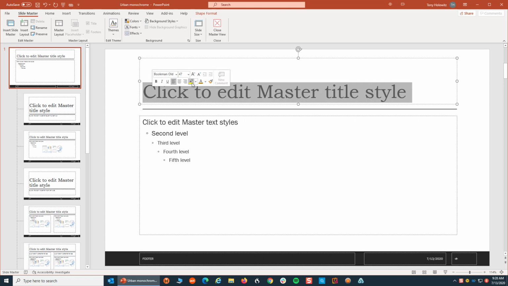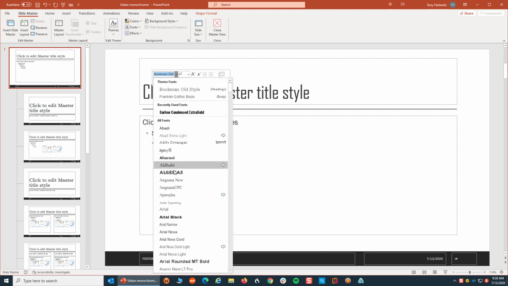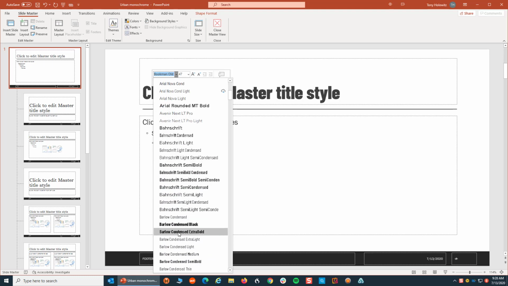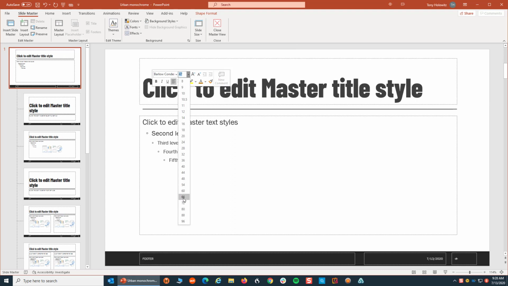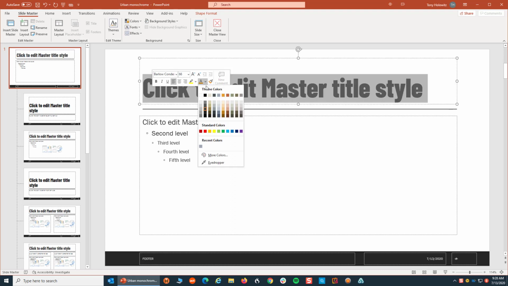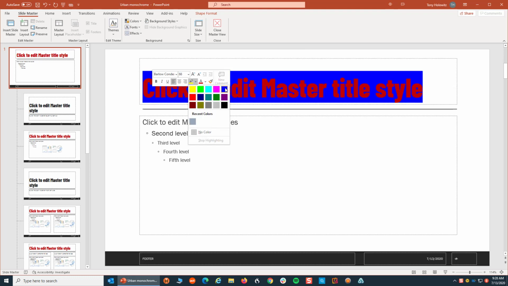I'm going to select this text, and I'm going to change the look of this to something very different. Let me go down and do something really thick like that. I'm also going to make it a lot bigger. I'm also going to make it a color that really jumps out. I'm going to do a reddish color. And also, just to go a step further, I'm going to put orange or some kind of background to it